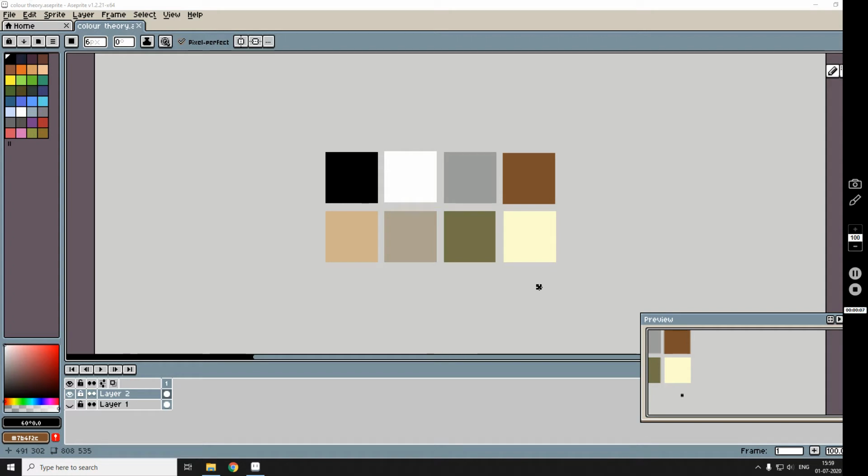So guys, this is the last tutorial about colors. In my upcoming videos, we will learn how to create our own pixel sprites and what are the basic things someone should know if he or she is interested in pixel art. And yes, I will also tell you how you should create your own color palette for your project. Now let's have a look at these neutral colors.